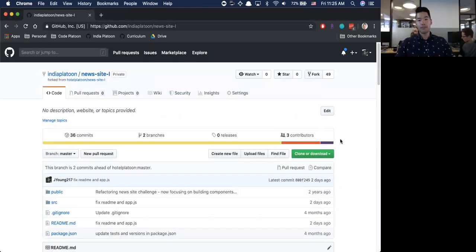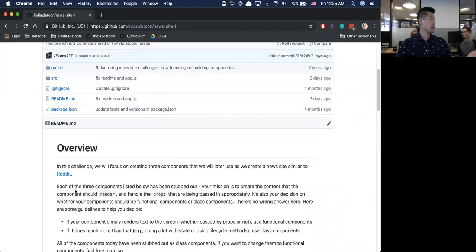For the next week or so, we're going to be building a 6-part news site. In the end, we're going to try to build something fairly similar to Reddit, but we're going to be learning different concepts along the way. Now, this first one is going to be very simple, but it's just a good refresher of how we pass down props, what functional components are, what class components are, and we're going to be building on this every